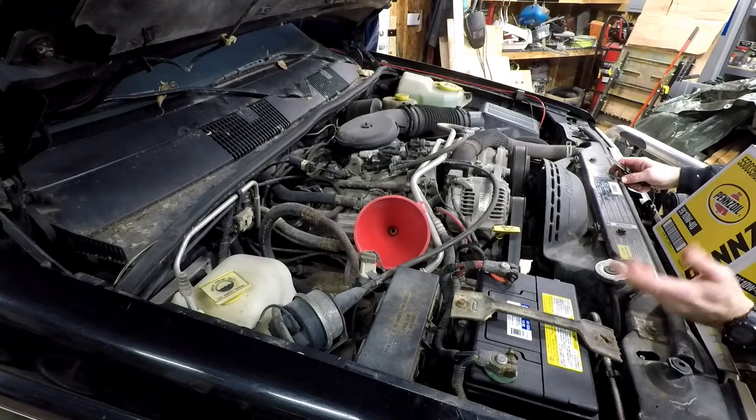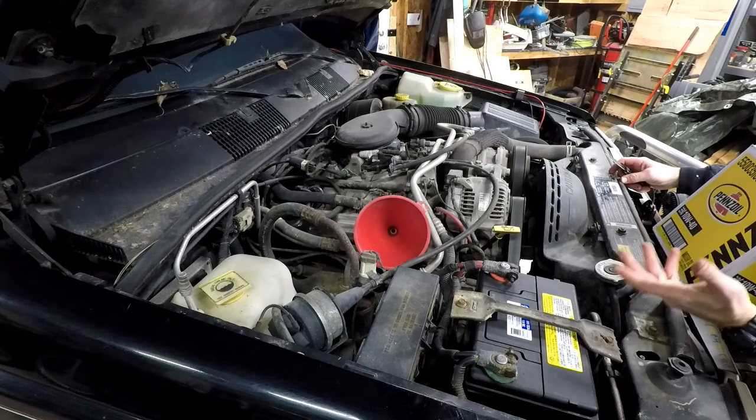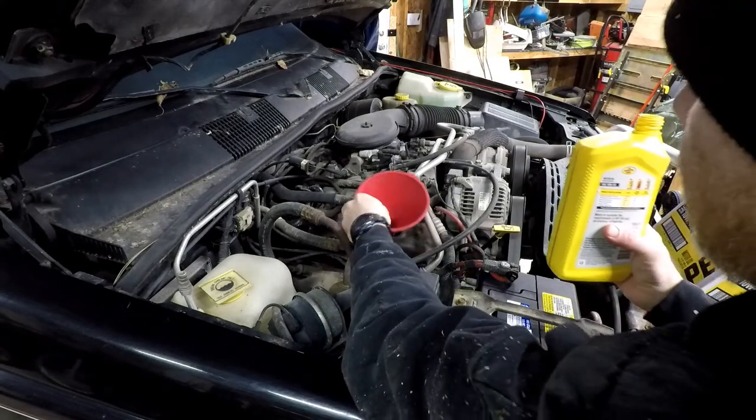So I usually can drain everything, place the filter, and then I usually just have 5-quart jugs, but they didn't have any when I went to buy some the other day, so I've got quarts. Give us a little more time to chit-chat. So anyway,